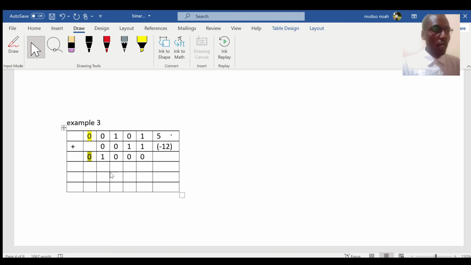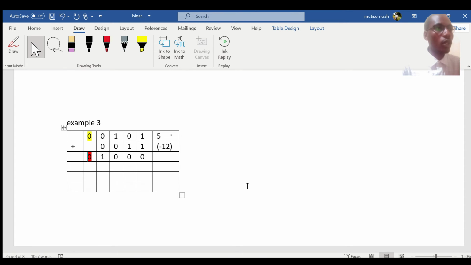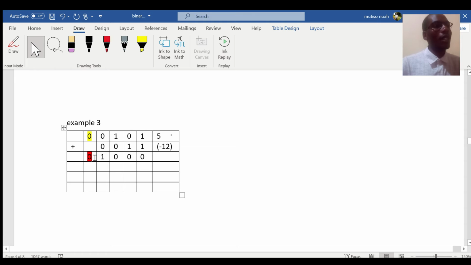So this 01000 is a negative number, and it is true, because when you take 5 minus 12, or 5 plus minus 12, you are supposed to get negative 7, and the 0 here from 1's complement indicates that the result is negative. The result is negative. And which number is this? To know which number is this,